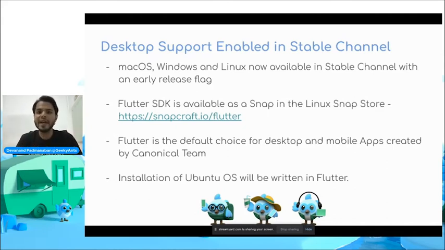And now here comes the most promising news: the Ubuntu team, the Canonical team, who are the publishers of the Ubuntu OS, have chosen Flutter as the default choice for the desktop and mobile apps created by them. And the Flutter SDK is available in the Linux app store as an SDK. So now you can just download and use Flutter as an SDK, which is available in their Snap Store, which is very similar to the App Store or the Play Store. And for all their flagship products,